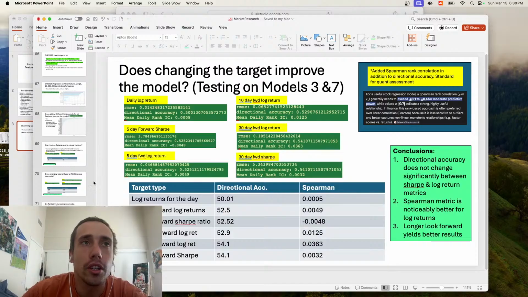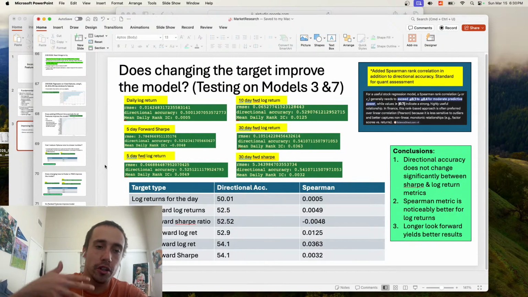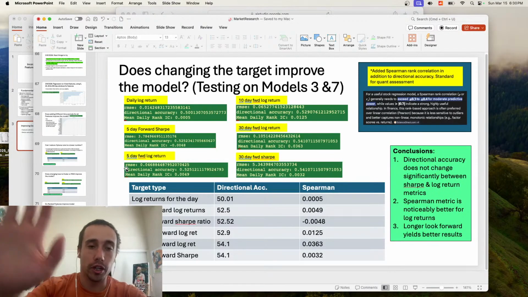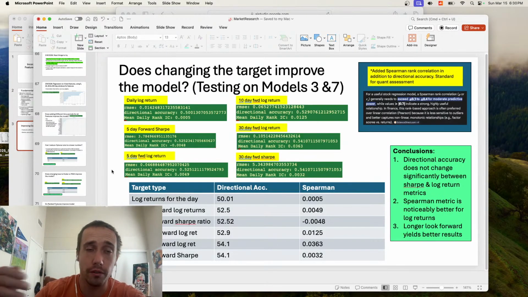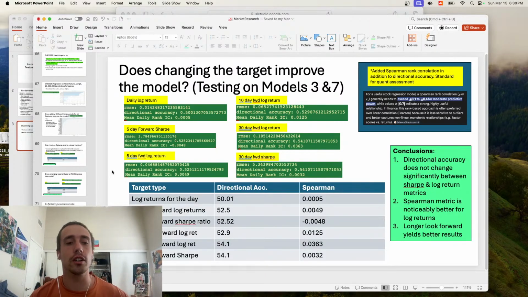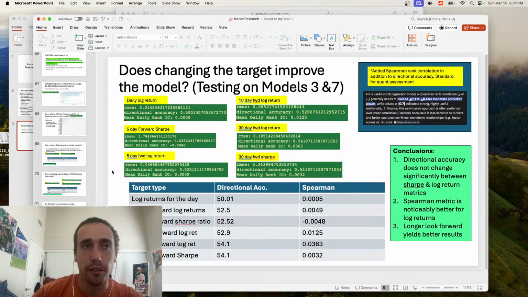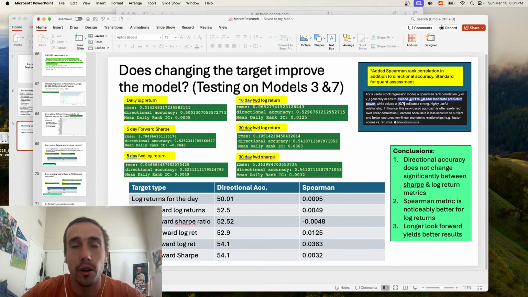One of the main interesting things I found from this stage was that if I'm looking out into the future, trying to predict the returns out into the future, the further I'm looking into the future, the better the model performs. So 5 days performs better than 1 day, 30 days performs better than 5 days, so on and so forth. And the reason for this is that lots of the price action that's happening in the stock market is happening after the market closes and before the market opens a subsequent day. So after hours for the big firms and pre-market trading, which retail traders don't have access to.